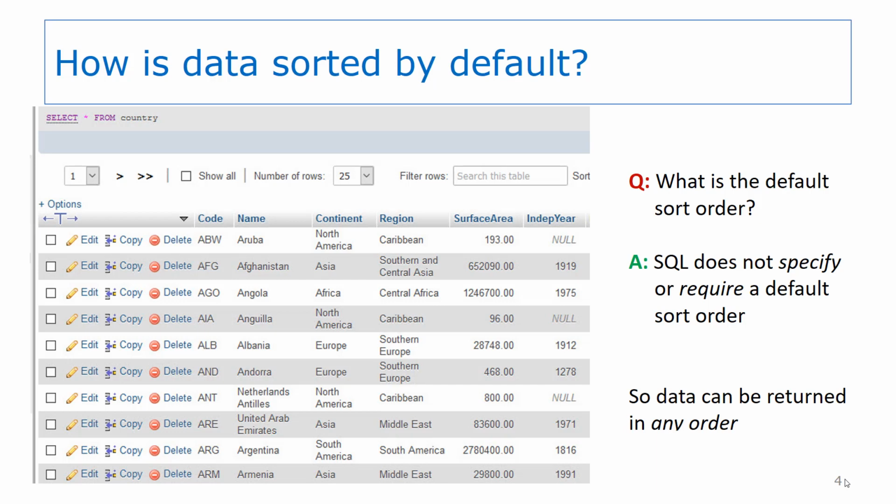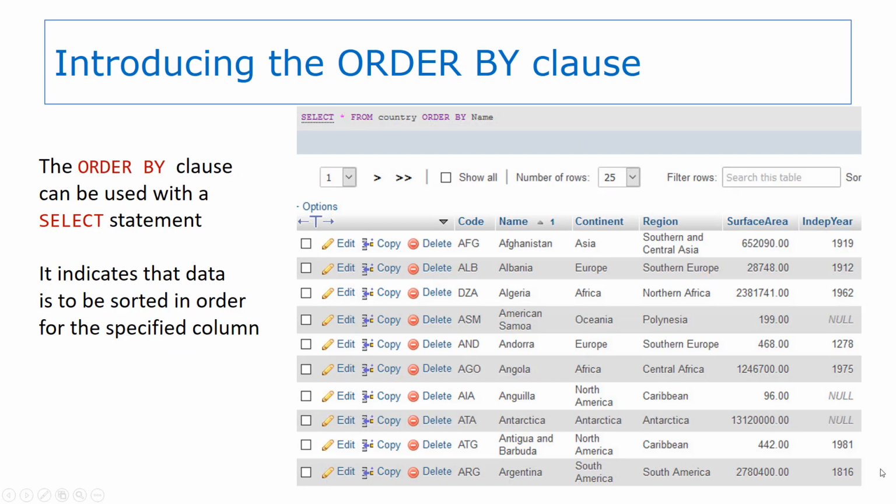New rows may have been added or existing rows deleted or changed. The bottom line is, when you do not have an order by clause, you cannot predict how the data will be sorted when you work with it. It might seem to be in the right order, but you cannot depend upon it. The good news is, the order by clause is really easy to use, and it provides exactly what you need,